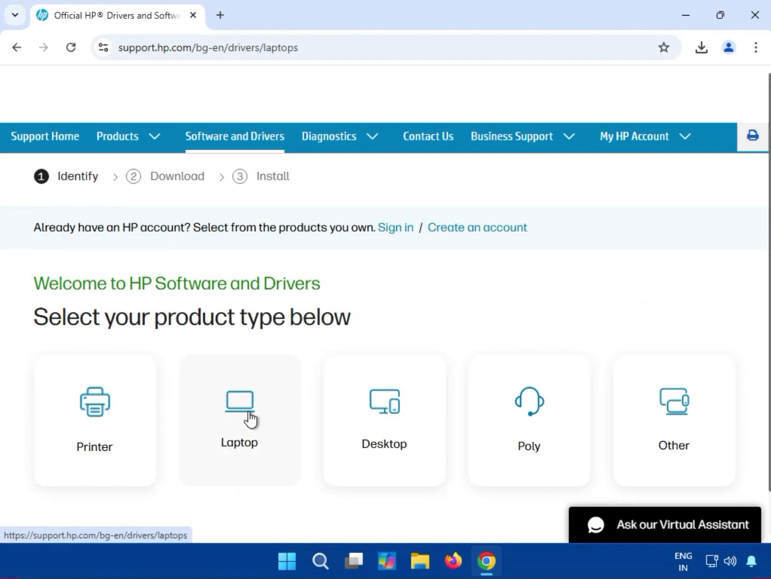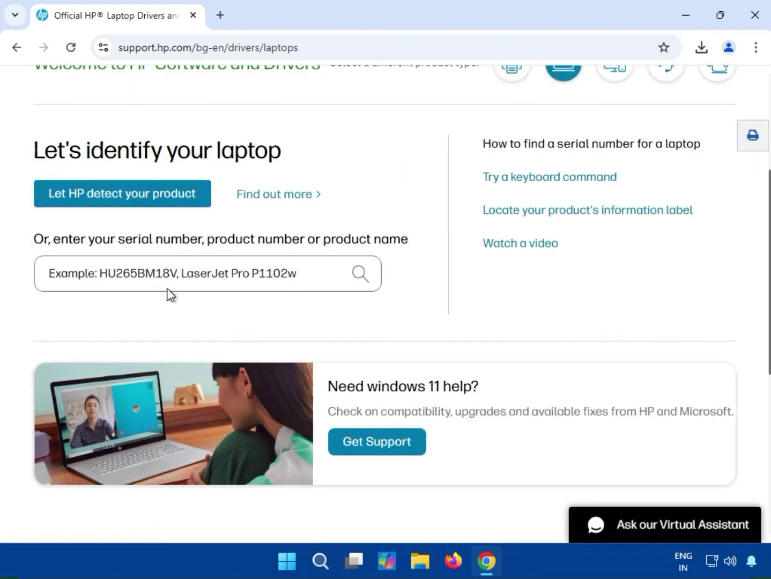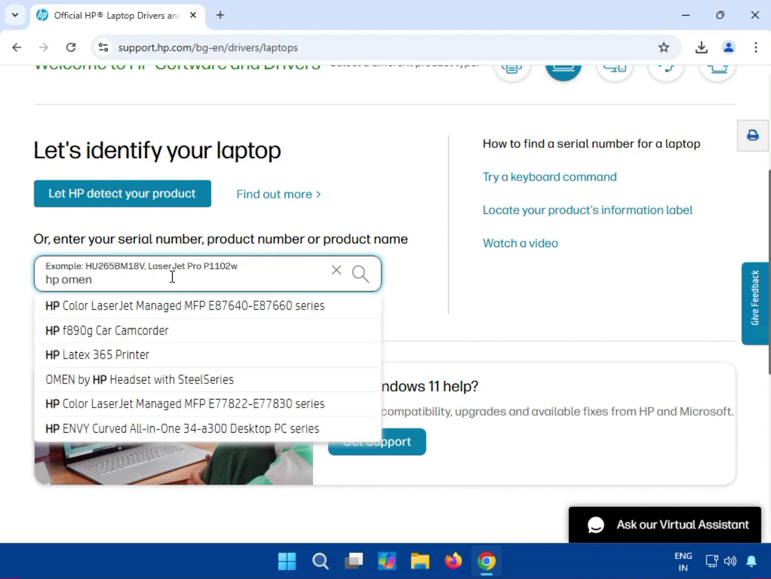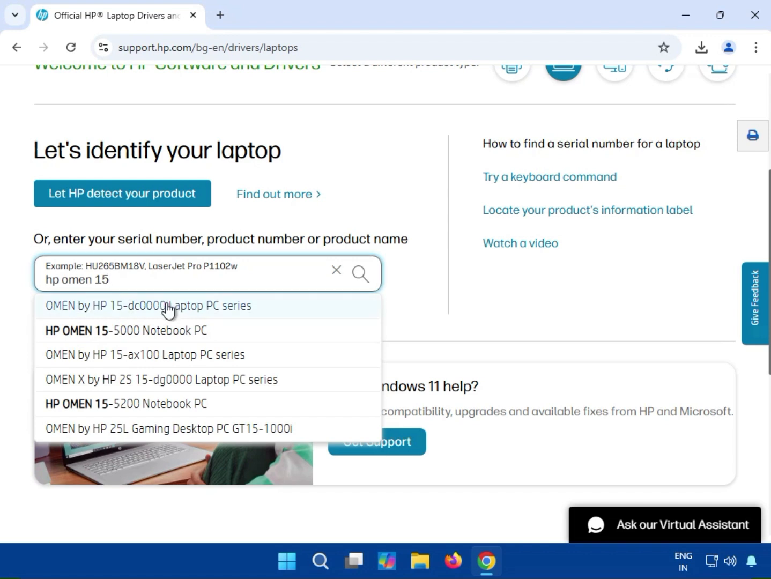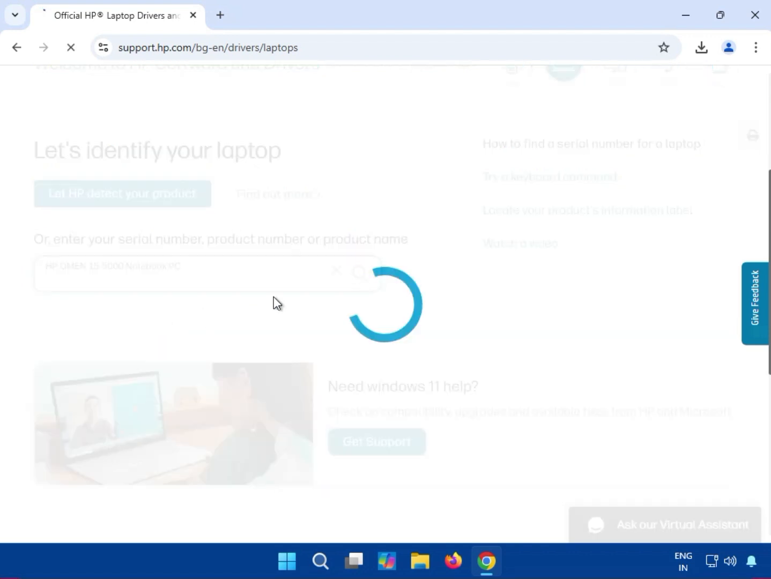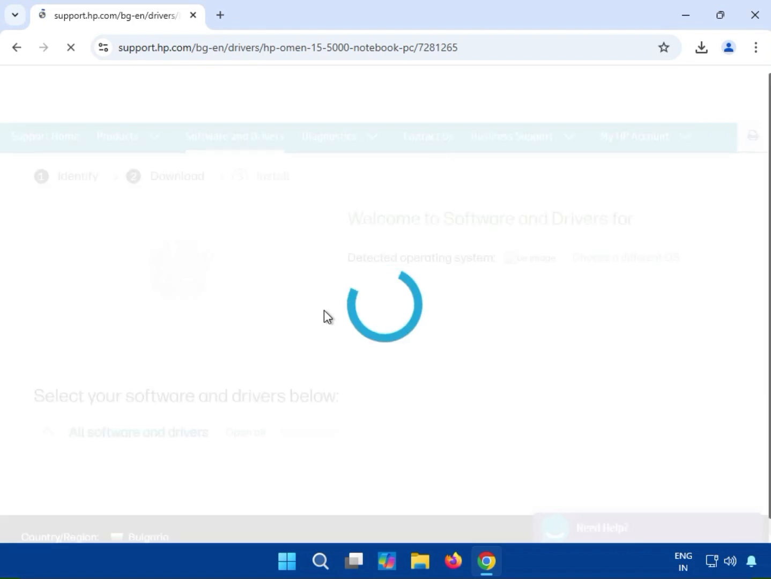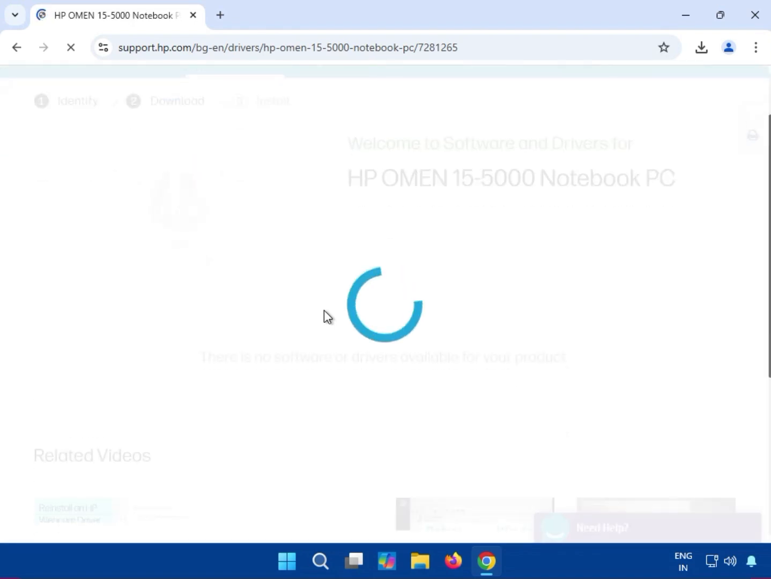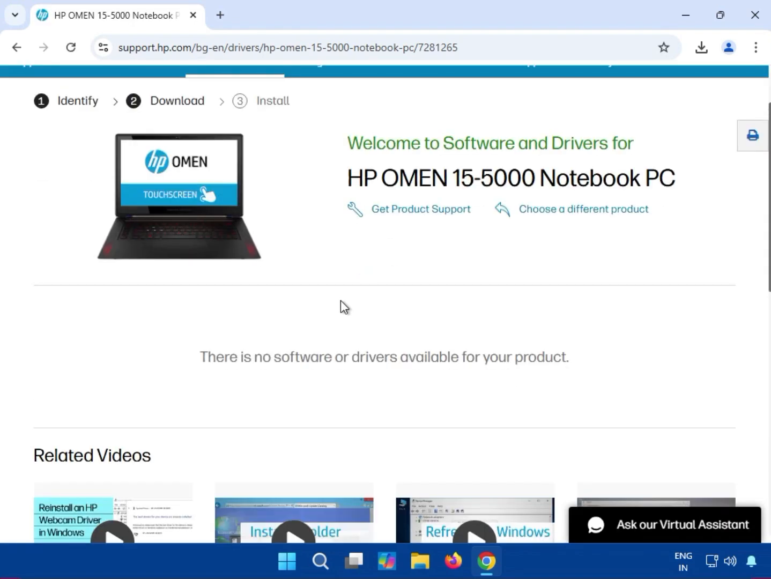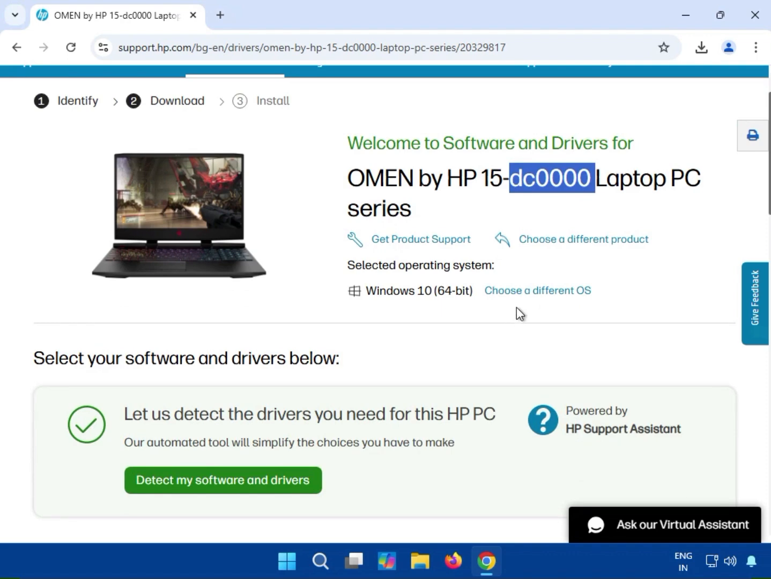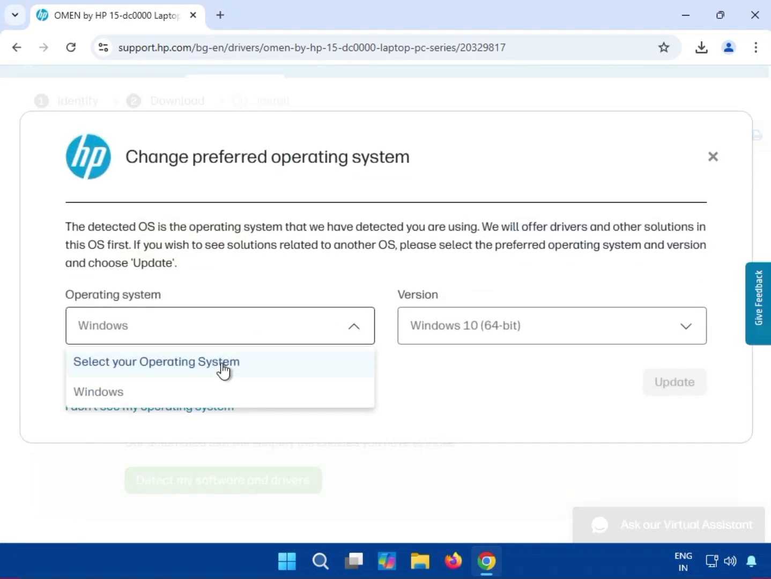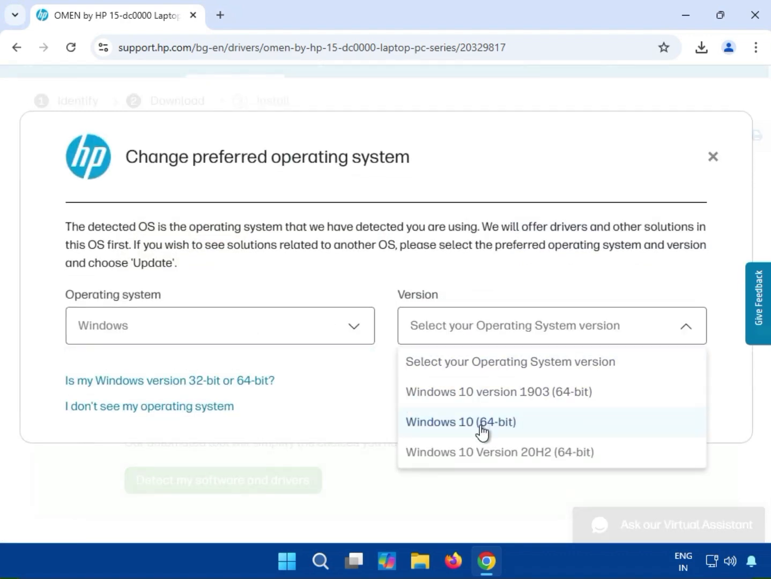Then click on Laptop. Scroll down. Type HP Omen 15. Okay, so try a different one. So guys, this DC00 like that, and if yours is different, select the operating system Windows 10,